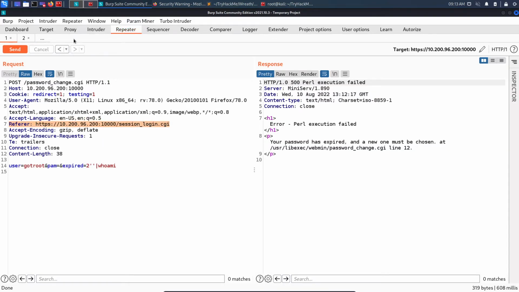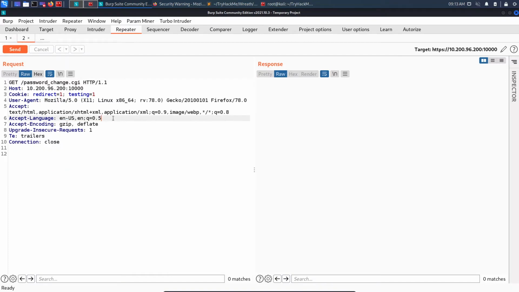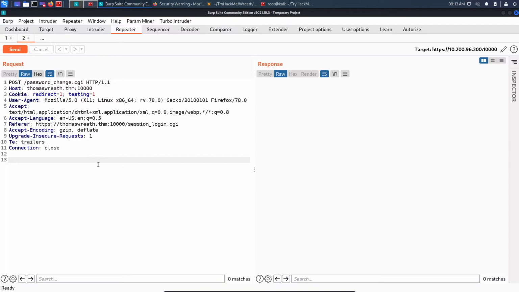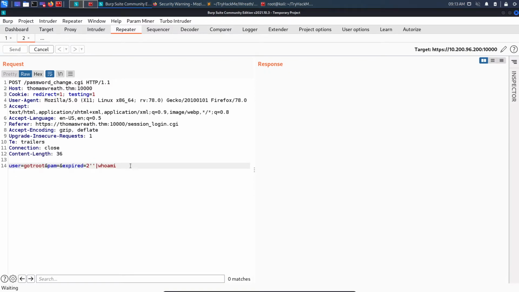If I copy the referrer header as well, request number 2, paste, I will change this one again to thomasreath.thm, port 10,000. Let's change the host as well, thomasreath.thm 10,000. Change the request to POST, and let's add the parameters as well. So these parameters, paste, hit send now,